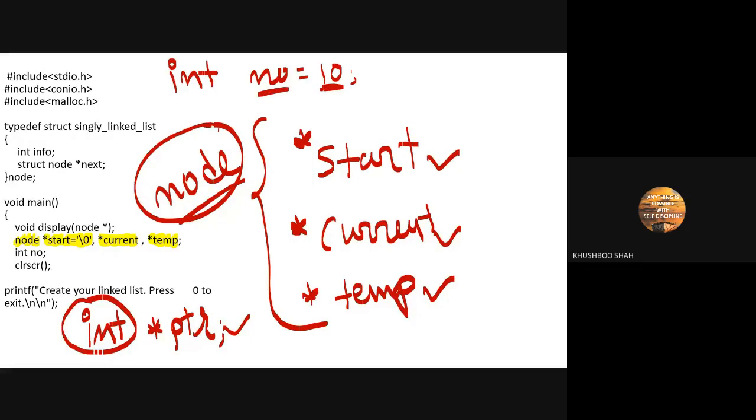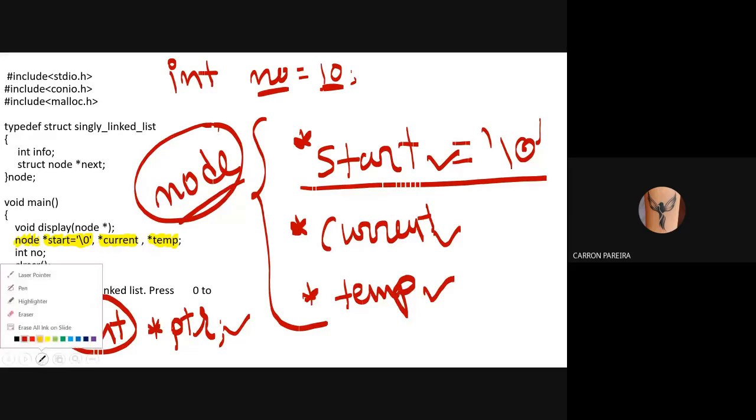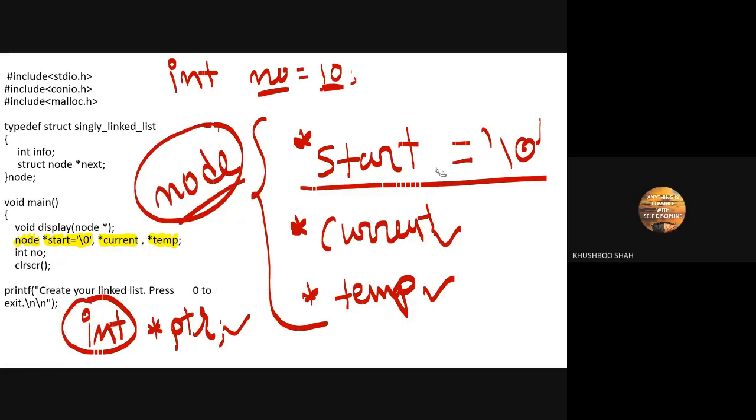In a similar way, if I write start is equal to null, what does it mean? Yes, we are initializing the start pointer variable with the value null. It means there is no garbage value, right?